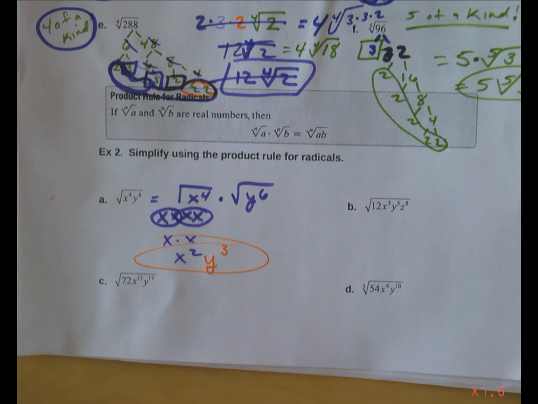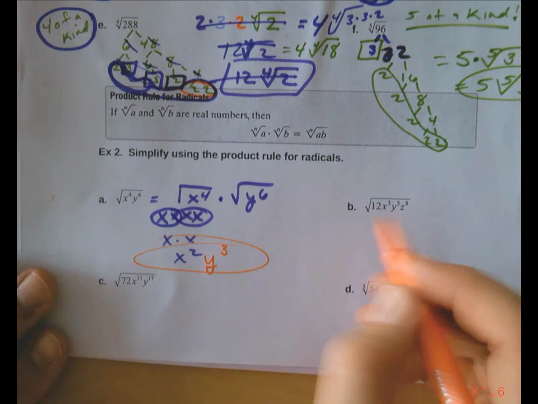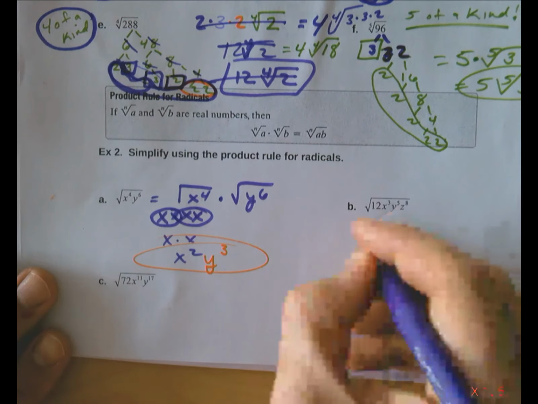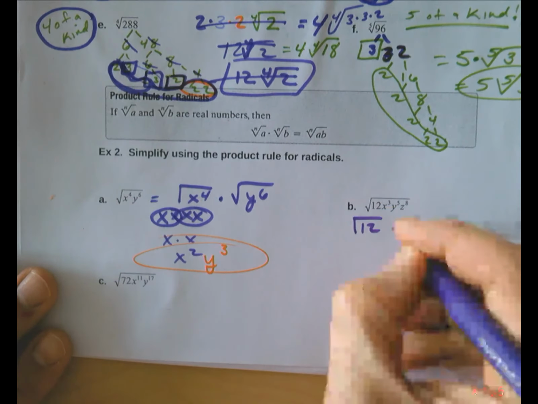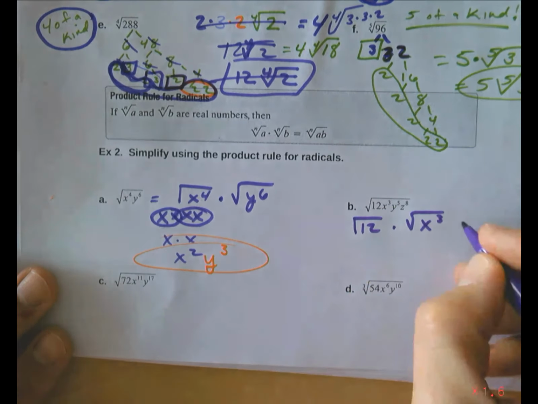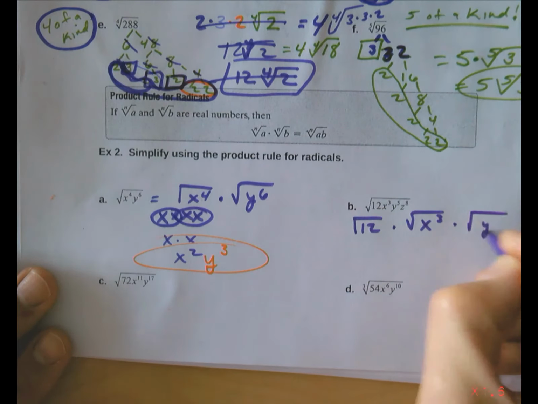Okay. So you can do the exact same thing here. We have the square root of 12. Again, you don't have to do this. I'm just showing you that if you need to, you can. You can break these down